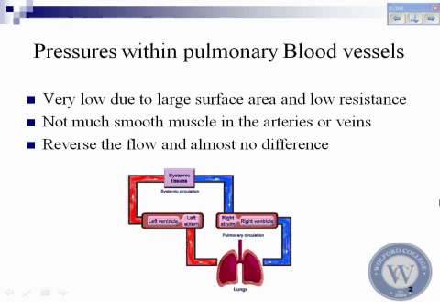Okay? There's a tremendous amount of surface area that's available, and only about 1/3 of the actual lung is being perfused at rest. So it has an additional capacity there for exercise to be able to accept the increase in cardiac output. Okay? The other thing about the pulmonary circulation is that there's really not that much smooth muscle in the arteries or veins, so it's not really a resistant system like